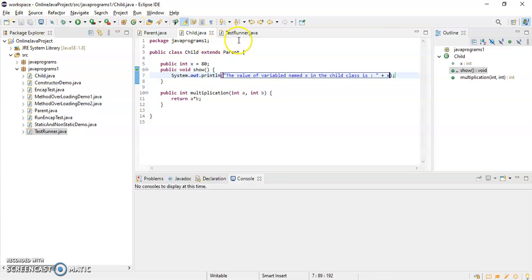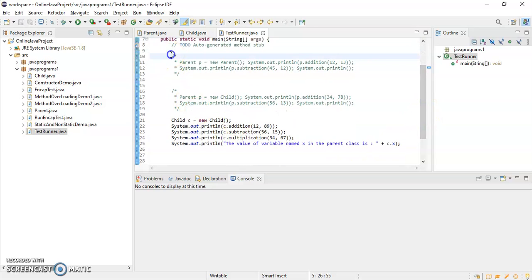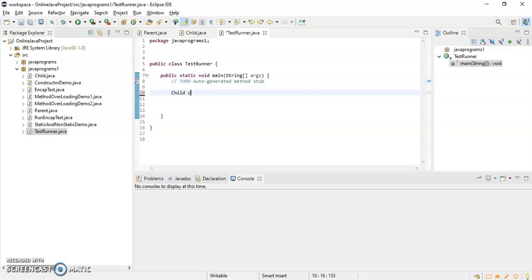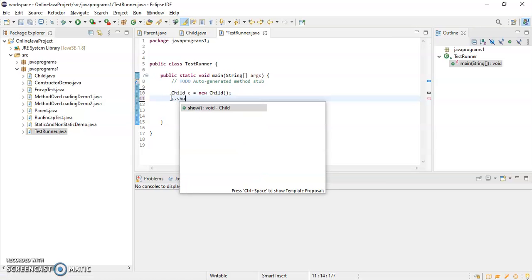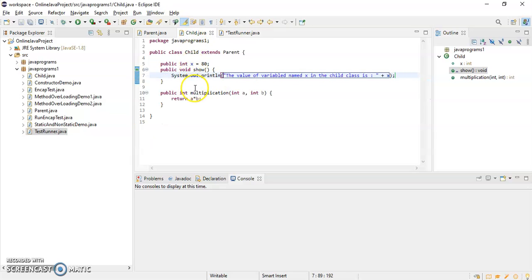So now if I go to the test runner and delete all these things, and create Child c is equal to new Child, and call c.show, then it will obviously call the show method which is present in, or declared in, the child class.